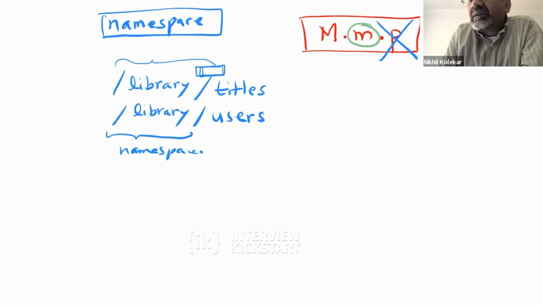So we might add a new resource altogether, or we might add a new endpoint to an existing resource, or we might add more parameters to a query, or we might add more properties to a representation. So all of these are examples of changes that preserve backward compatibility. So can we describe them with a minor revision?